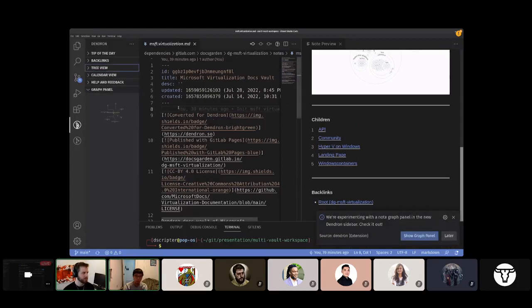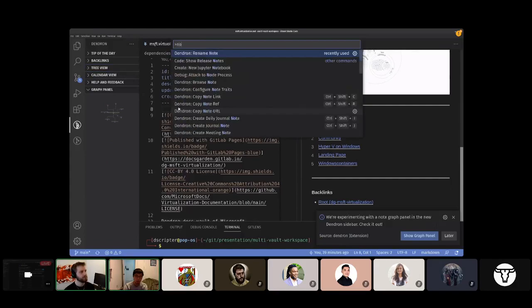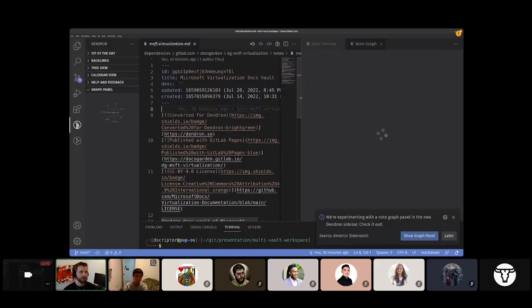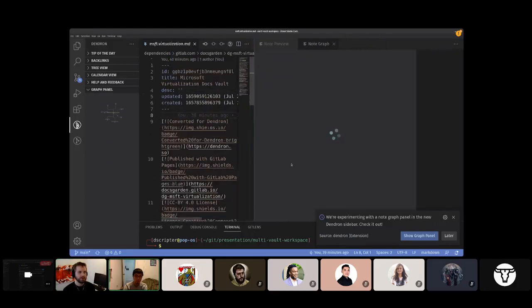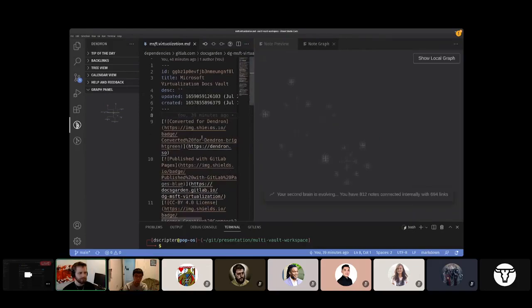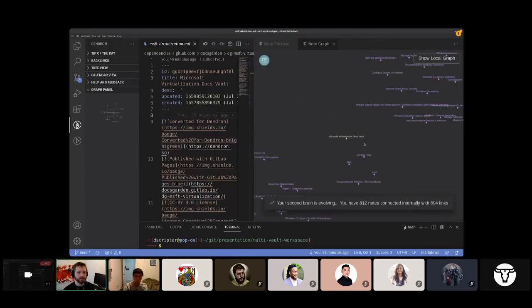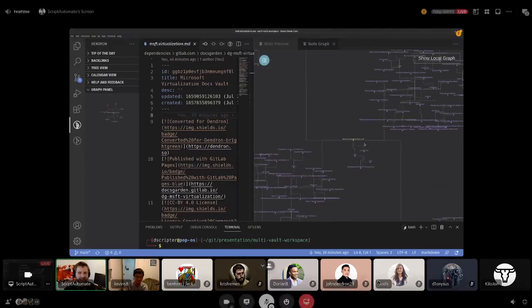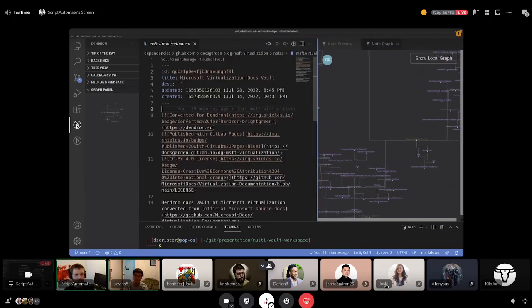And what's cool is, I think we could do a full screen of the graph, right? Yeah. So, interesting to see what this looks like. Oh, baby. There's a lot going on here. And yeah, that's just a look at how cool it would be to be able to pull in